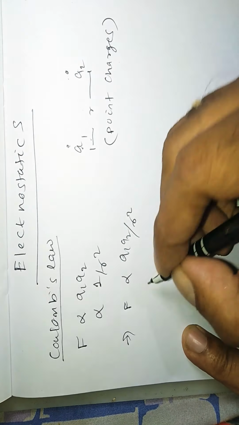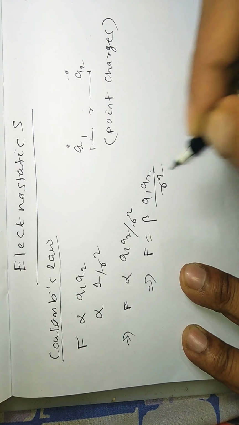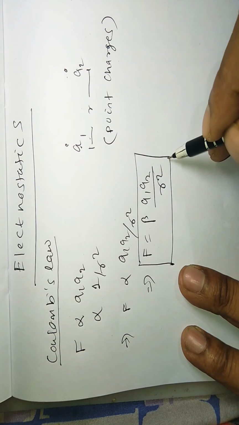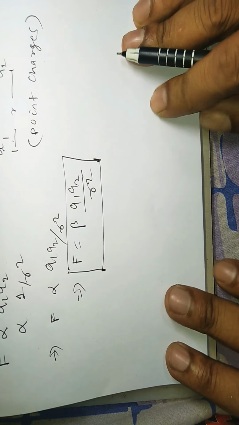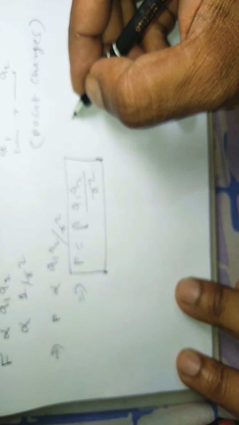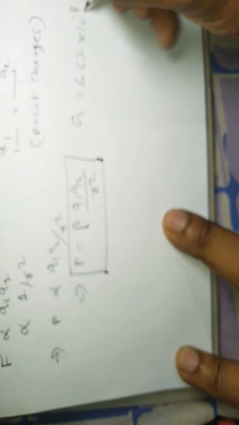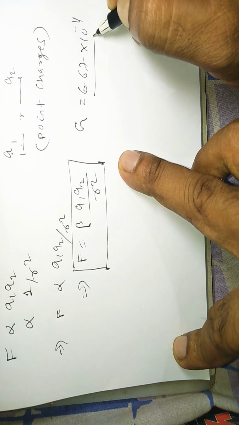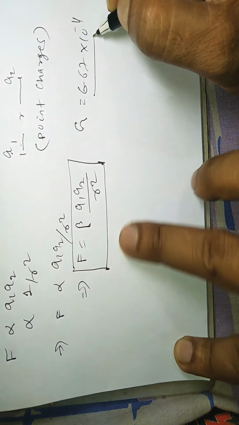Now if you find the formula for it, the formula will be F is equal to beta, a proportionality constant, times q1 q2 by r square. This is the expression for Coulomb's law. But it is not the same as Newton's law of gravitation, because the constant beta is different. In Newton's law of gravitation it was G, that is 6.67 10 to the power minus 11. It is a purely constant, universal gravitational constant, independent of the medium inside which the bodies are placed. Here the value of beta depends on the medium inside which the charges are placed.